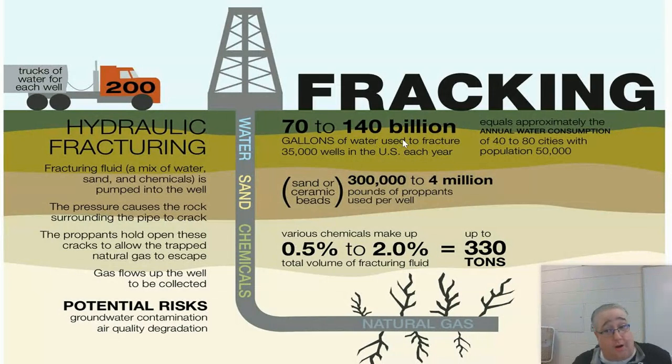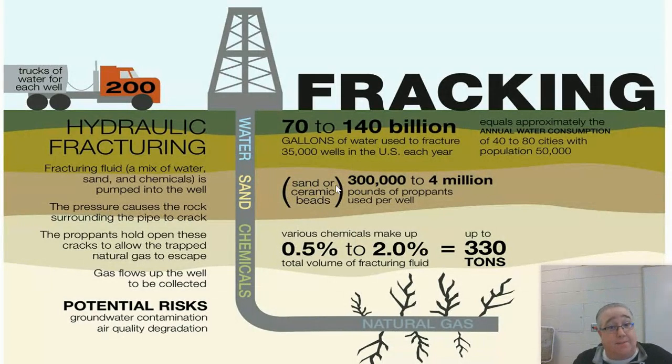Now, where does that water come from? It comes from local waterways. It could come from aquifers like the Ogallala Aquifer. A lot of fracking wells are out west, so they get a lot of that fracking water from aquifers. But there's a tremendous amount of water that's used. Now, the sand